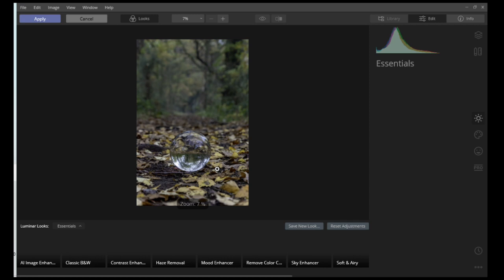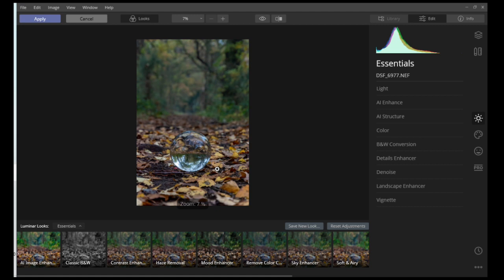So Skylum loads up its first previews, and I'm using the Essentials panel at the moment. You can download loads and loads more. So it'll update with a few suggestions, and I'm going to go, when it wakes up, to the automatic enhanced. You can see instantly the detail there. So without, with, and